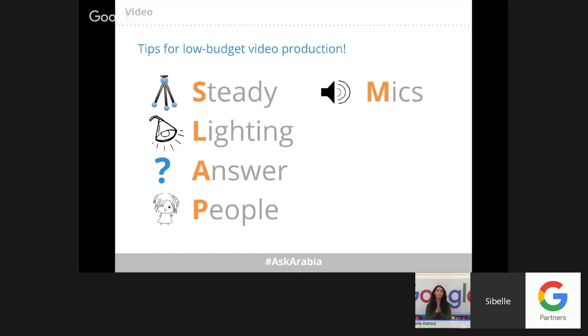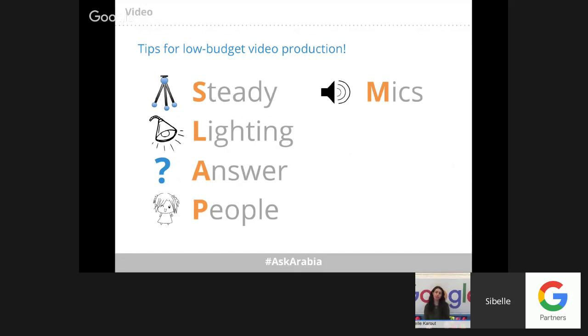Of course, mics. Sound is very critical. Bad sound implies bad content. It's exactly the same as shaky videos, so it shows unprofessionalism. Do not rely on the camera microphone. As I mentioned earlier, sometimes investing in some tools would be the appropriate action. So do invest in an external microphone. Prices vary.